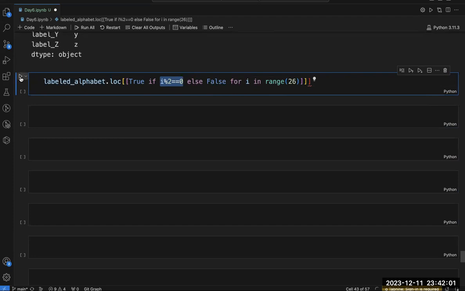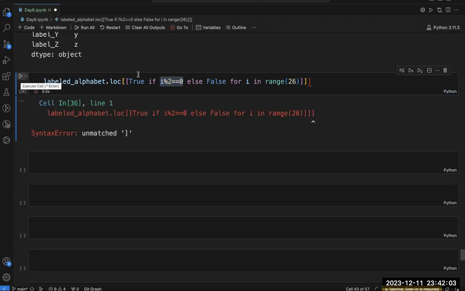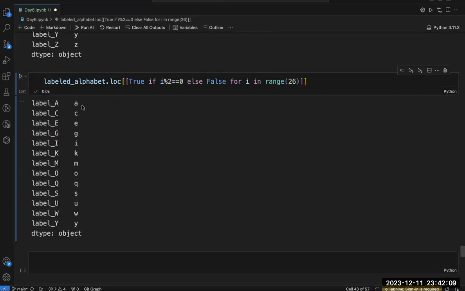Let me first run it. Unmatched, okay, a square bracket issue. So let's run it. So you are getting A, C, E. That means you are getting index 0.